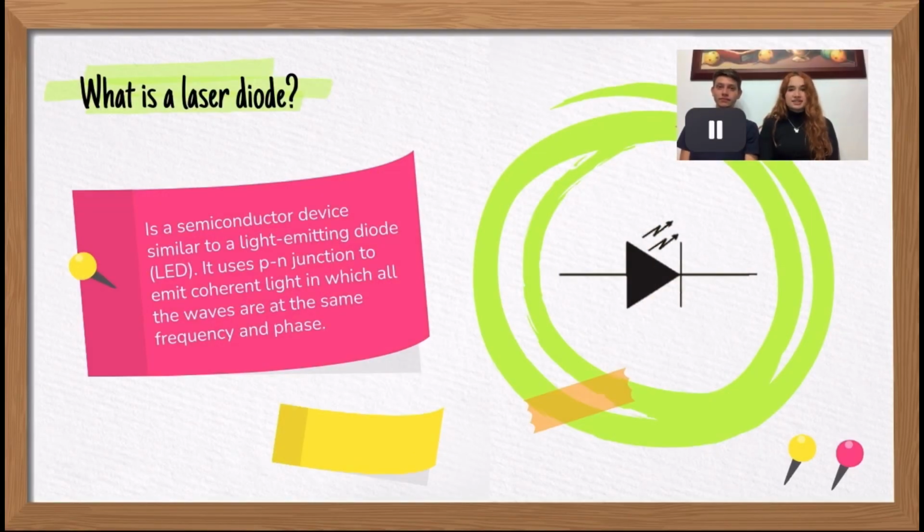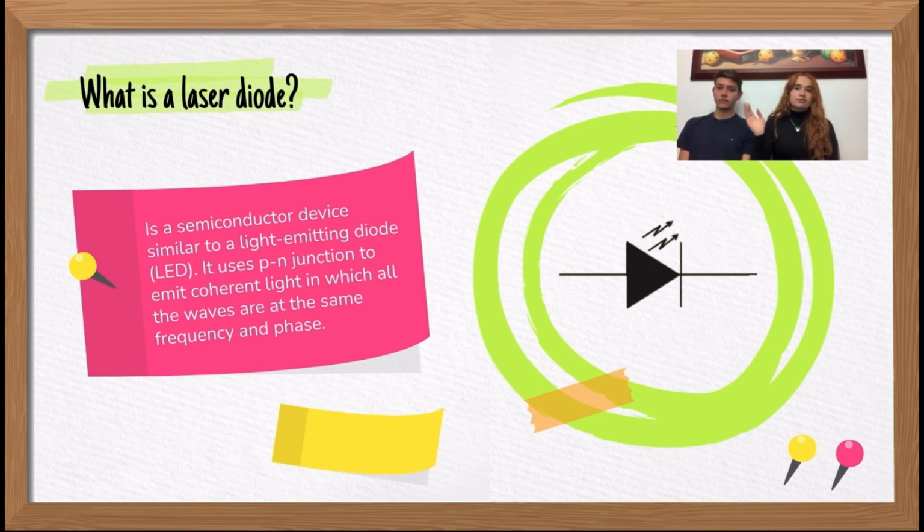What is a laser diode? It's a semiconductor device similar to a light emitting diode, which is also called an LED. It uses a PN junction to emit coherent light in which all the waves are the same frequency and phase. Then we can see the symbol, which is the same as a normal diode, but with two arrows